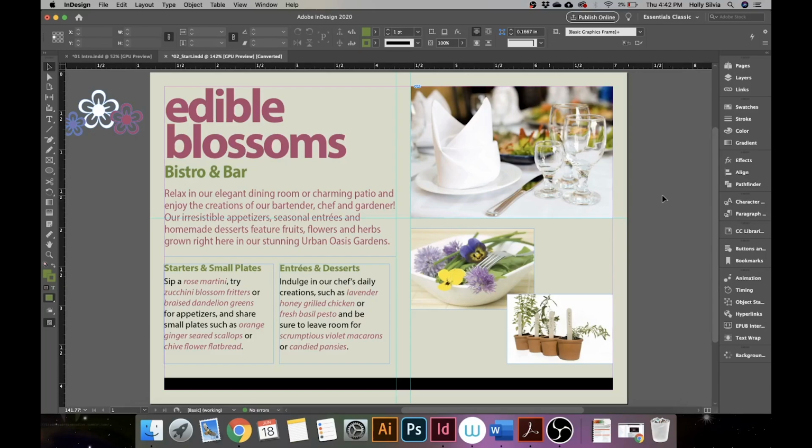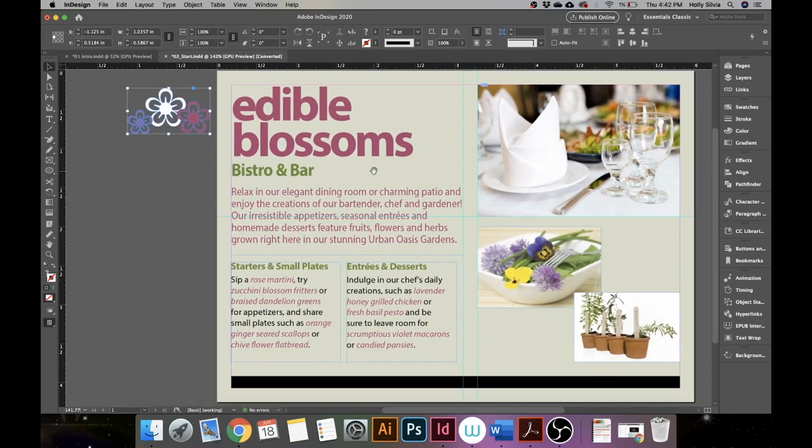Next up, we're going to move these flower objects here. First off, we're going to change the reference point on them. The reference point is what the program uses if it has to rotate something. Depending on where your reference point is, it's going to rotate around different spots. Right now it's set to the middle left. If I rotate, it rotates around that middle left. But if I change it to, say, the upper corner here, it rotates around that corner. Or if you do the center,